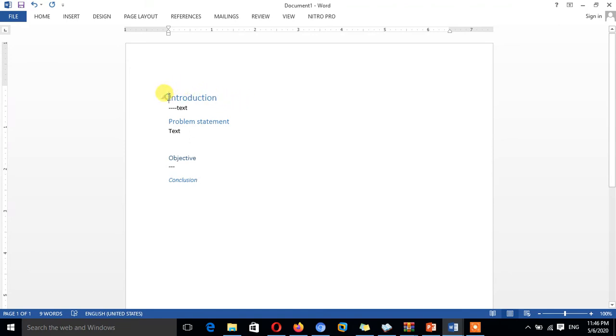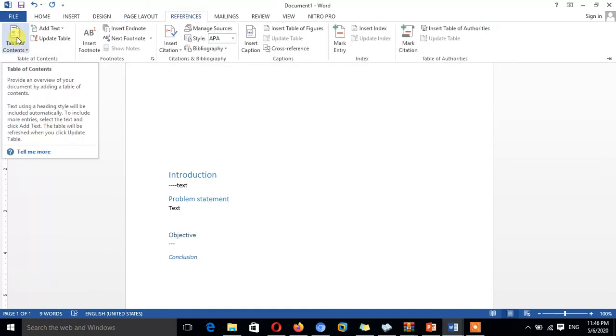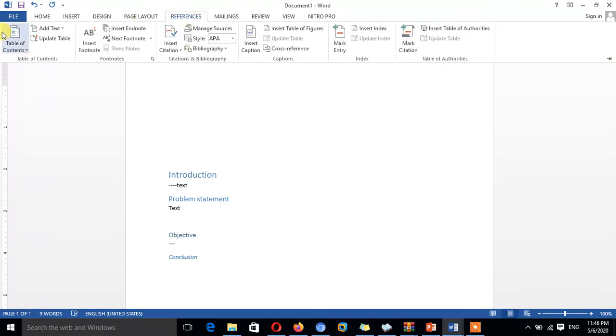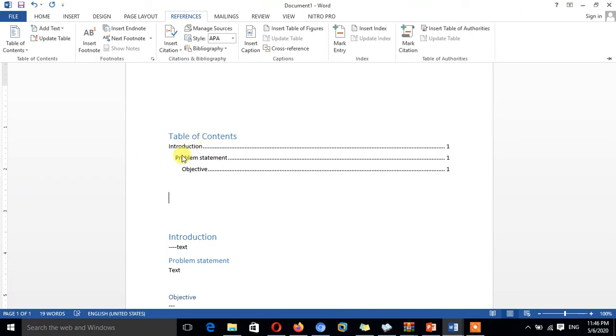what you want to do is go to References, Table of Contents, and select your table of contents style. Now it shows introduction, problem statement, objective, conclusion.